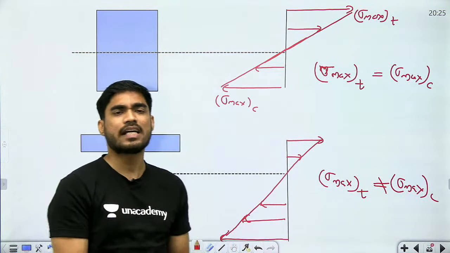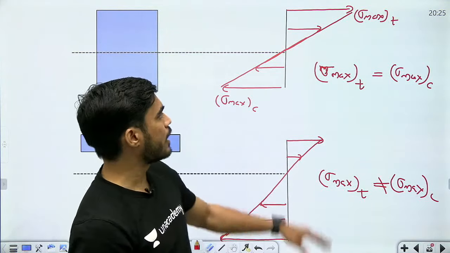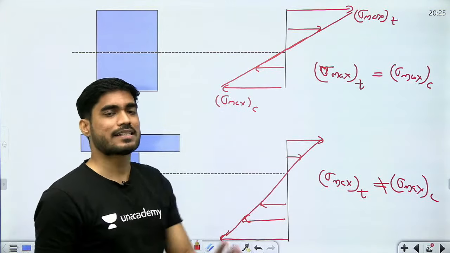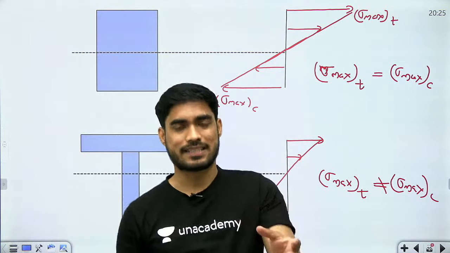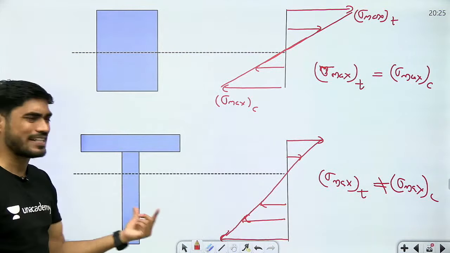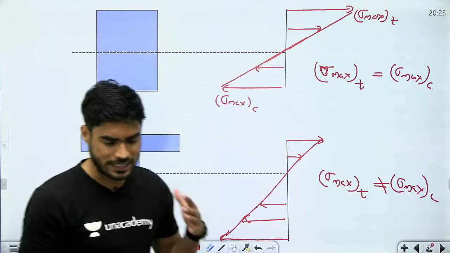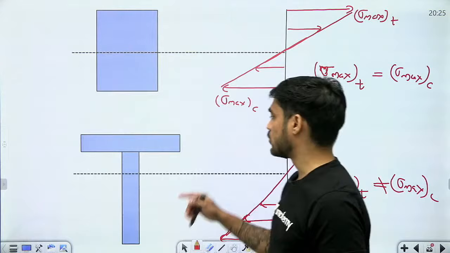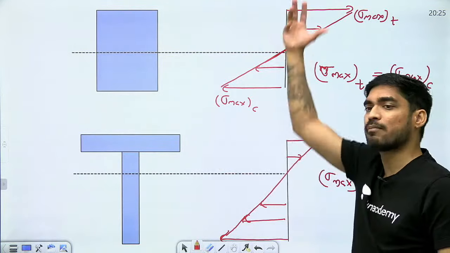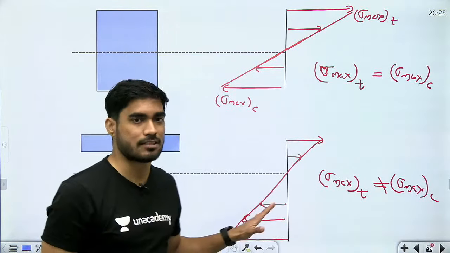Now you don't have to worry, because 99.99% chances are that you are going to get a question from symmetrical section. Okay, till now there has never been a question of calculation of bending stress from unsymmetrical section, because these questions will become very lengthy. ठीक है, T section के ऊपर जो question आएगा वो बहुत lengthy हो जाएगा, because finding the neutral axis alone will take a lot of time. ठीक है, इसमें neutral axis ढूंढने में ही बहुत time निकल जाएगा. ठीक है, so that's why they never give questions from unsymmetrical section.